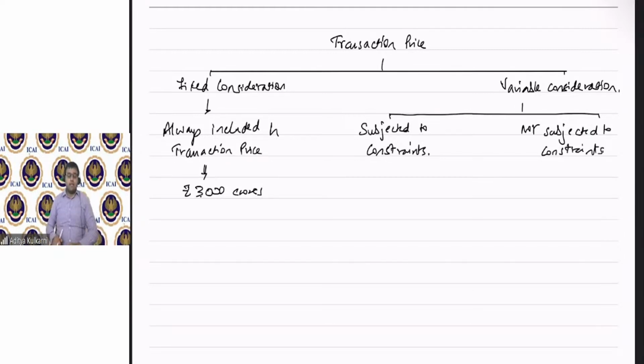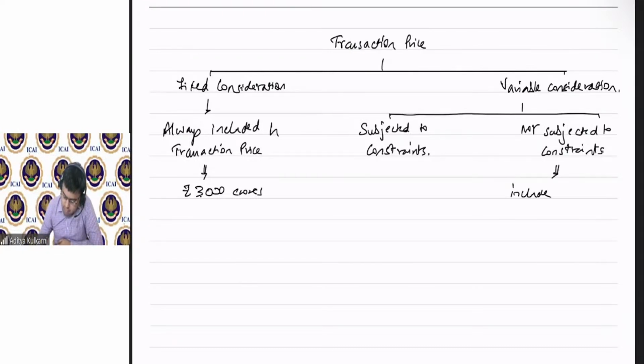Not subjected to constraints. Constraints means what? Constraint means any obstacle, any hurdle, any impediment, anything that comes between you and fulfilling the performance obligation in the time span determined by you. If there is no constraint,